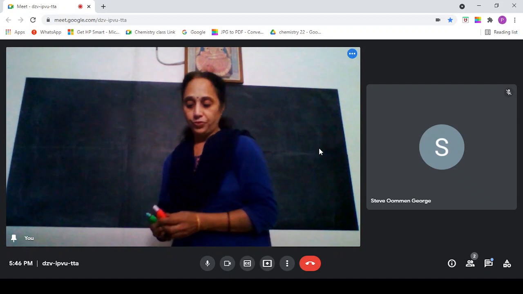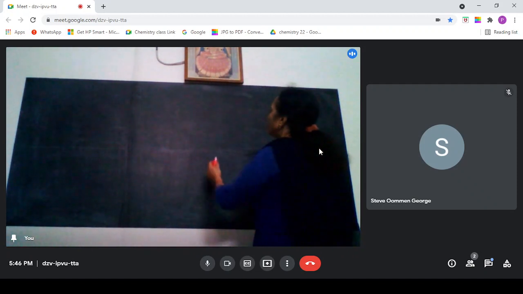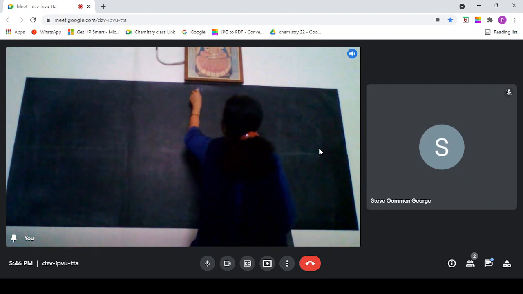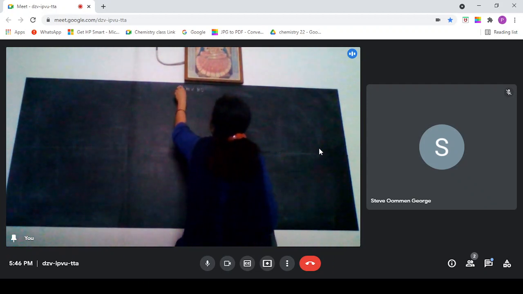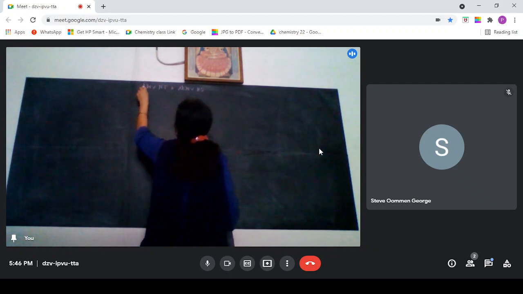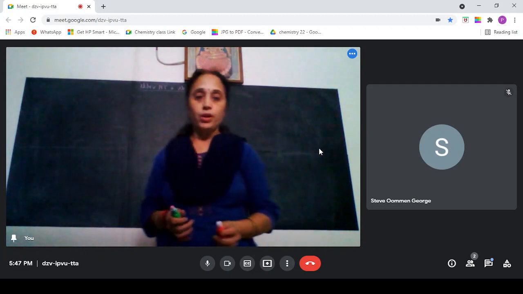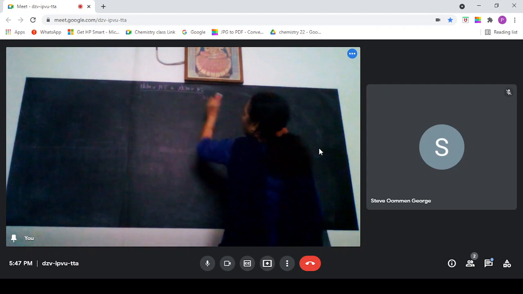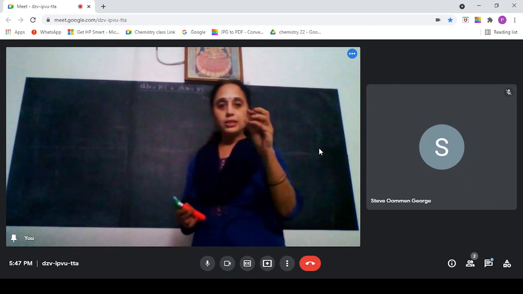Okay. So we learned how octahedral voids and tetrahedral voids are created. Okay, about the voids we will see. Now about the voids, if it is simple cubic, you will have one.